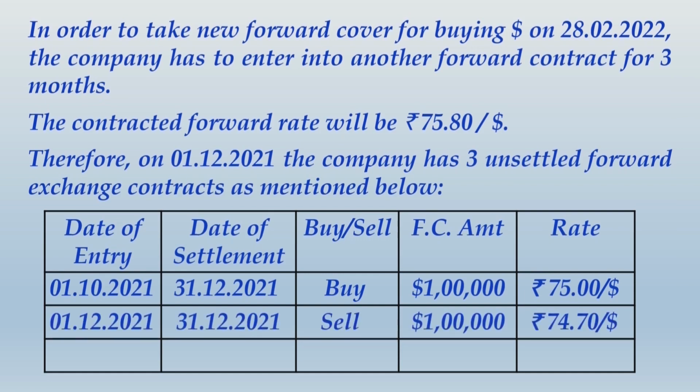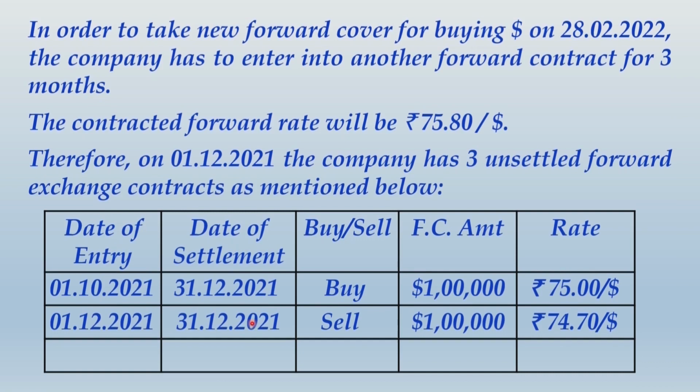On 1/12/2021, the company entered into a new forward contract to sell 1 lakh US dollar, and this contract was entered into for 1 month. The moment you enter into this contract for 1 month, its settlement date is 31/12/2021. Look at what is happening. 31/12/2021 and 31/12/2021, both of these contracts will have same date of settlement,